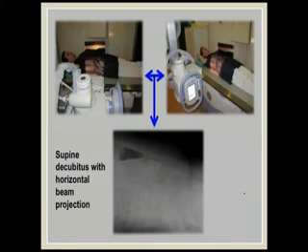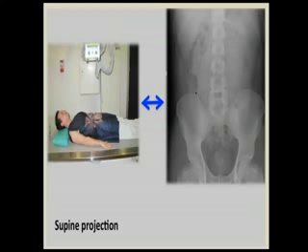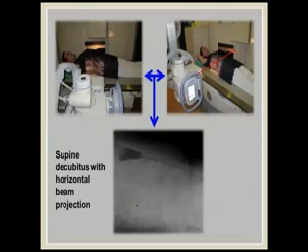Likewise, even if lateral is not possible, sometimes you can do supine with the horizontal beam projection. Similarly here, the X-ray is going from this side to this side, the patient is supine. You can see the difference here from this one and this supine beam. It's directly going through the patient here. This is like a frontal projection. The front it is going, whereas in this supine X-ray, from the sides it is going. The X-ray will be going from this side to this side. So these are the two differences.